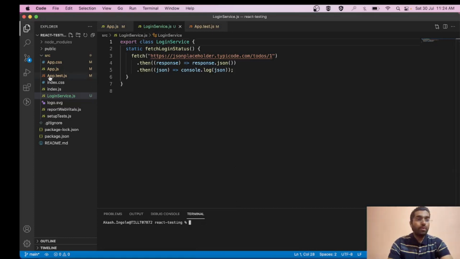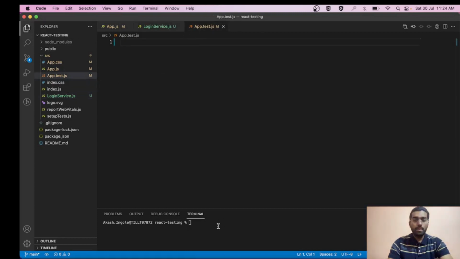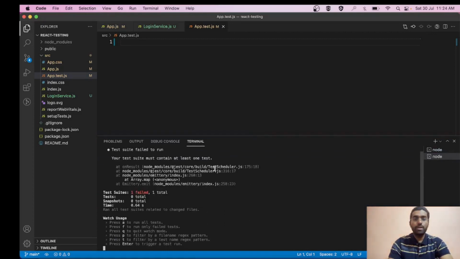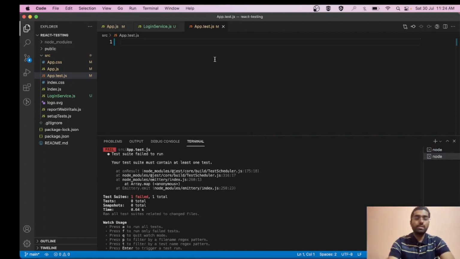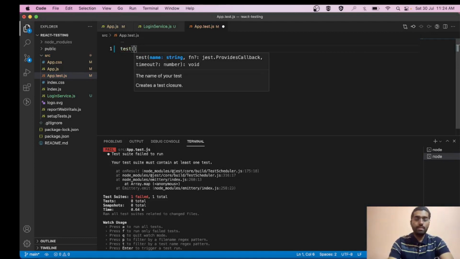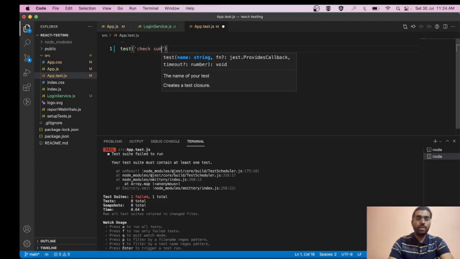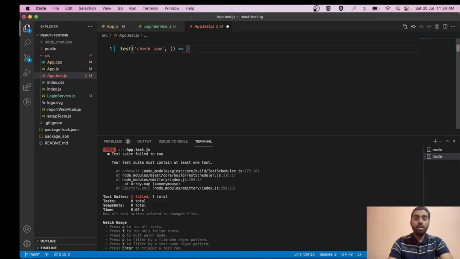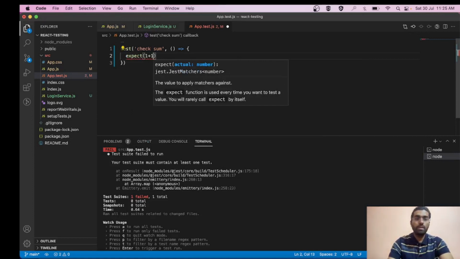So friends, where can we do our coding for testing? You have to create a file with the convention of .test.js, and the name in the beginning can be anything. The command is npm test, but it will fail right now because we do not have any test. So let's try writing our first test. You can simply use this test command, and inside this you can pass a name, any name of your choice, one that is relevant to your functionality. It takes a callback, and then you can write your assertion over here, like 1 plus 1.